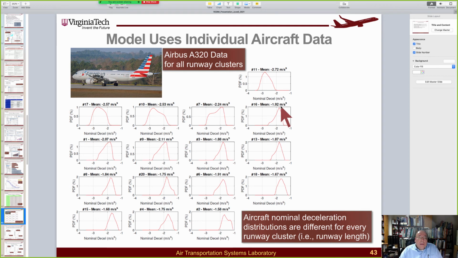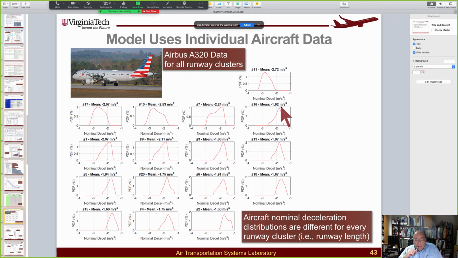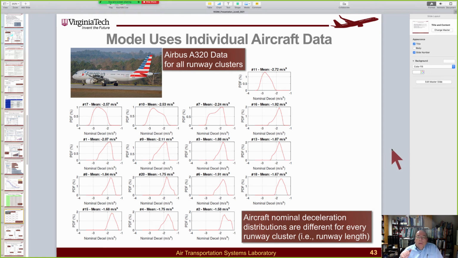So we may try to revisit. Initially, we were trying to cluster by runway length and number of exits and so on, and then we ended up just doing it by runway length. And maybe what we need to do is cluster by runway length plus some parameters indicating that there are only exits at the end or something like that. And maybe that would split certain runway lengths off into